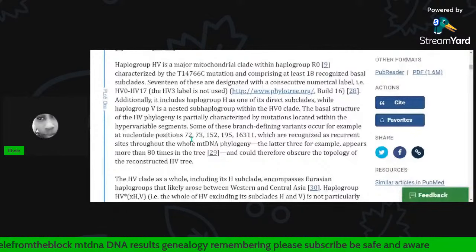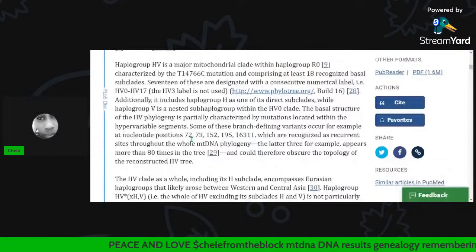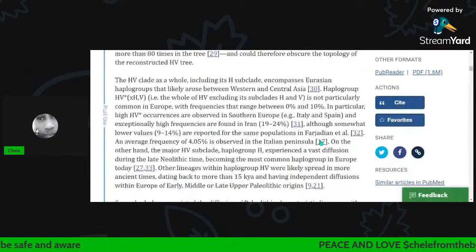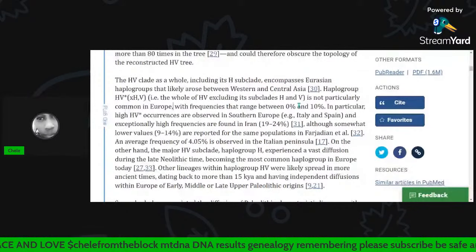HV is not particularly common in Europe, with frequencies that range between 0 and 10%. In particular, high HV occurrences are observed in southern Europe, Italy, and Spain, and exceptionally high in Iran, somewhat lower, 9 to 14, Farjadian. Hmm. So I'm 0 to 10%. That sounds like the Moors, Spain, Maghreb,